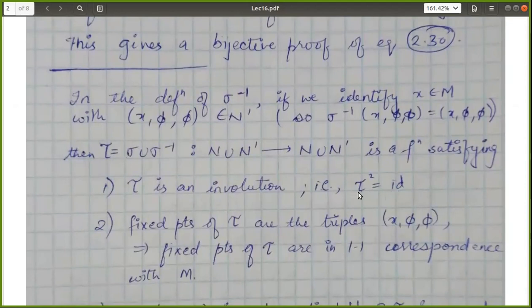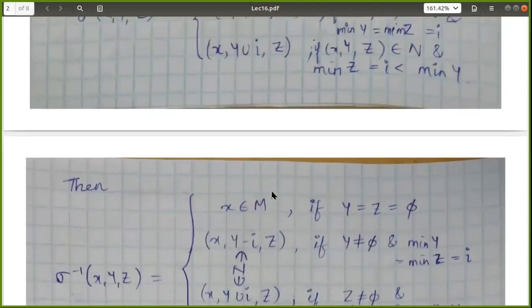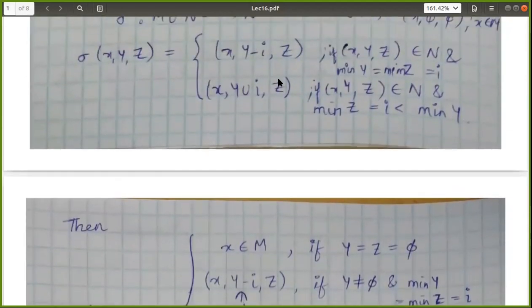Okay, such a function which satisfies this is called an involution. So this is what I was trying to show you here when we said that observe that this element goes to this, and when you remove, so start from x, y, z. Keep a note of this fact to yourself that minimum of z is strictly smaller than minimum of y, and that is why you are adding the element y here. After you have added the element y here, if you treat this y union I as some